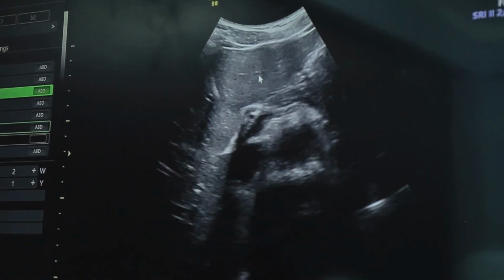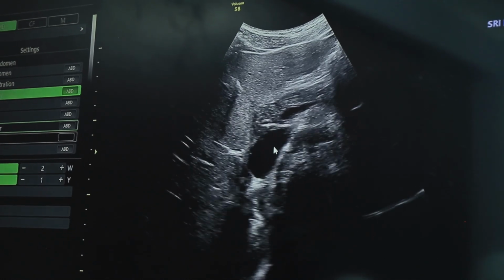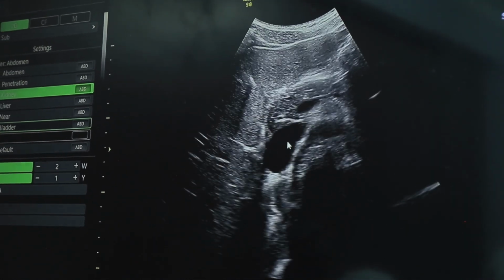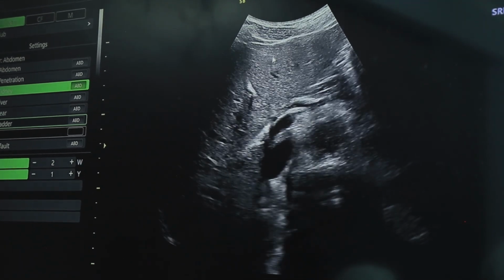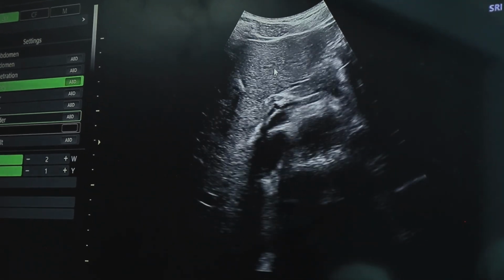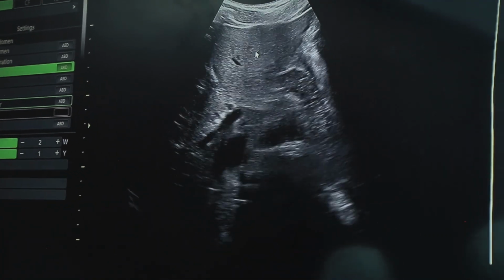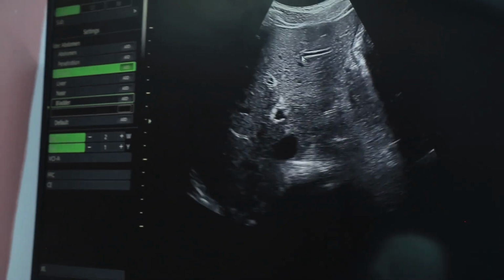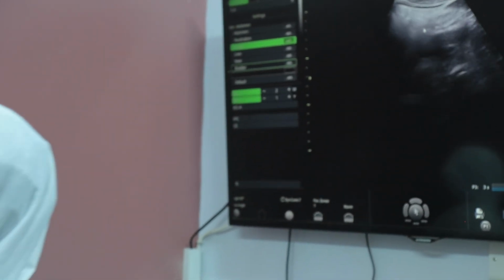Remember we talked about image appearing black. That is because when sound goes through fluid, it is not reflected back. And sound is being reflected through the liver tissue, and that's why you get a gray image. So this is our left lobe of the liver, from the subxiphoid window. Then I come to the subcostal window here,